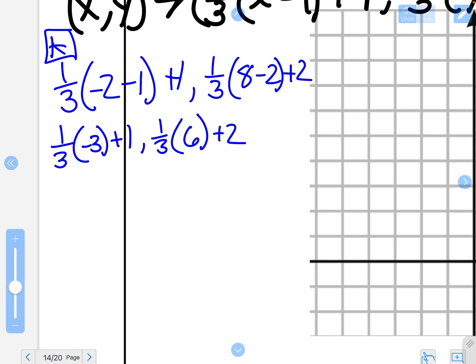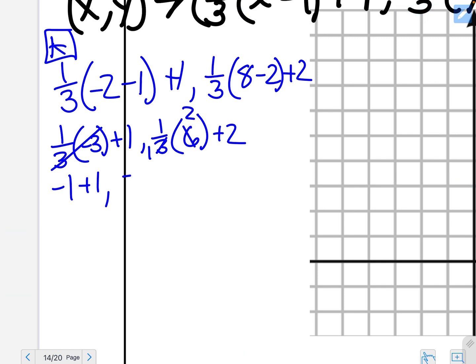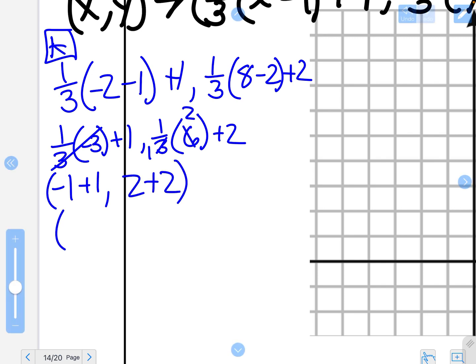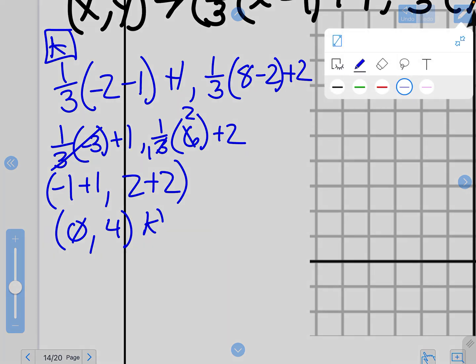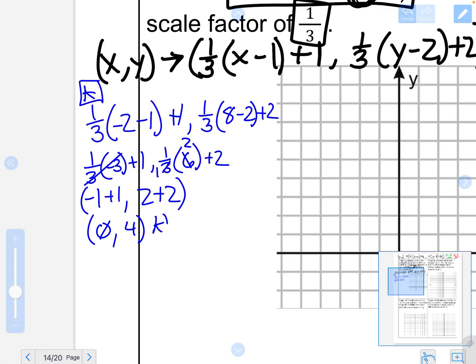So I can cancel out my 3's because they're diagonals. I'm left with a negative 1 plus 1, comma. I can cancel out that. This becomes a 2, so I get 2 plus 2. And then finally, a negative 1 plus 1 is 0, and 2 plus 2 is 4. So this is k prime. And so now we can move on to L,